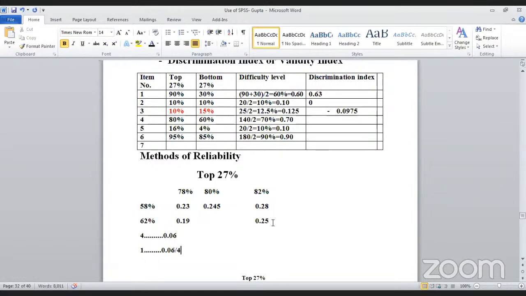डिवाइडेड बाय 4। और जब ये 2 का डिफरेंस है, तो मैं 0.06 डिवाइडेड बाय 4 को मल्टीप्लाई करूंगा बाय 2 से। और जब मैं ये करूंगा तो ये हो जाएगा 0.06 डिवाइडेड बाय 2 और ये हो जाएगा 0.03। तो देयरफॉर ये वैल्यू इंक्रीज हो रही हैं। तो 0.03 प्लस 0.19 तो ये हो जाएगा 0.22। तो दिस वैल्यू इज 0.22।